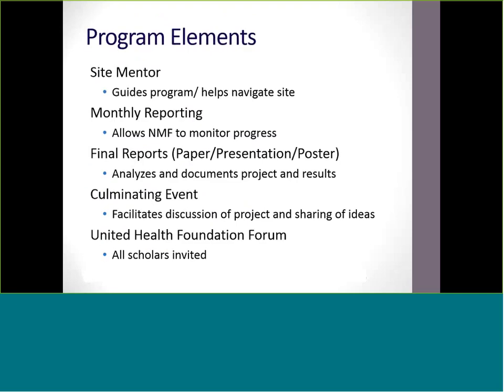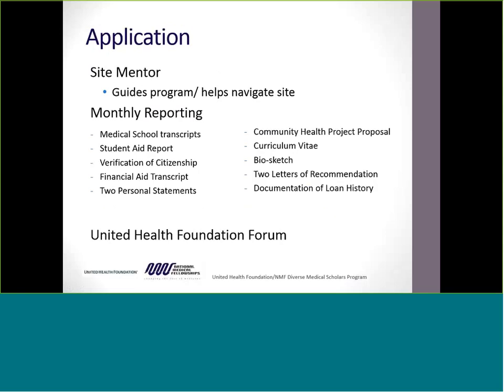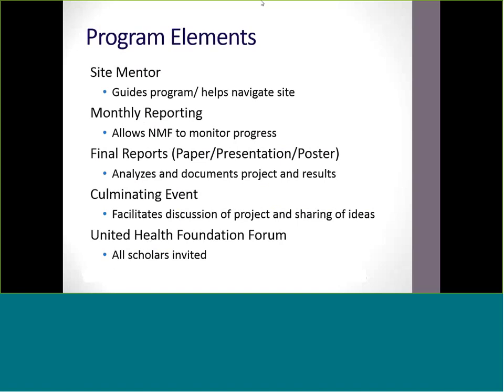Okay, so that's what a community program could look like. That is just one example. Not every program needs to be that way. As you can see from the list, there are a lot of different ways that programs can go. And one thing that I want to show you really quickly,